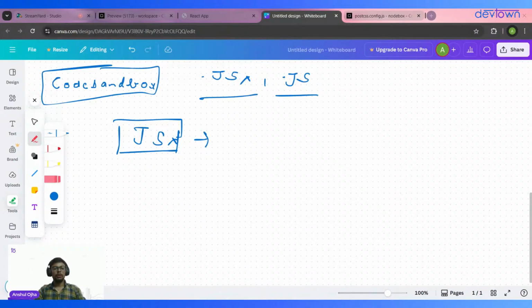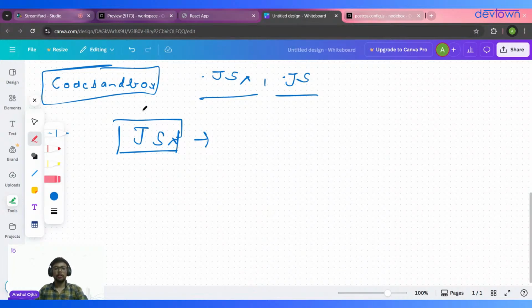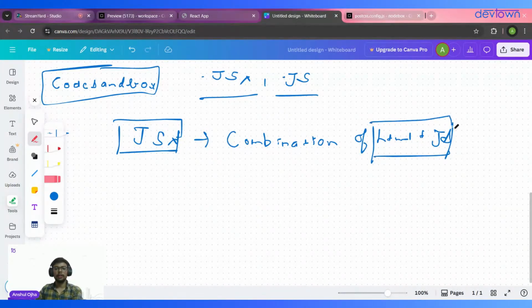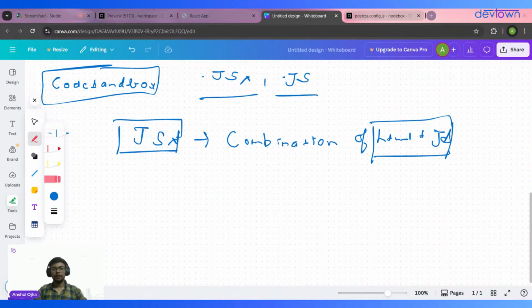Okay. So let's get into JSX. What exactly is JSX? As I explained earlier, JSX is the combination of your HTML and JavaScript. In these JSX files, you can clearly write both HTML and JavaScript collectively. You do not have to create another script tag and write all the JS in that different script tag. Okay. So if I take one example of